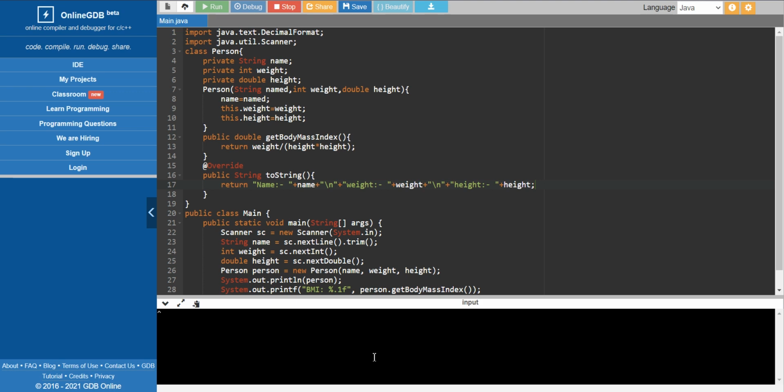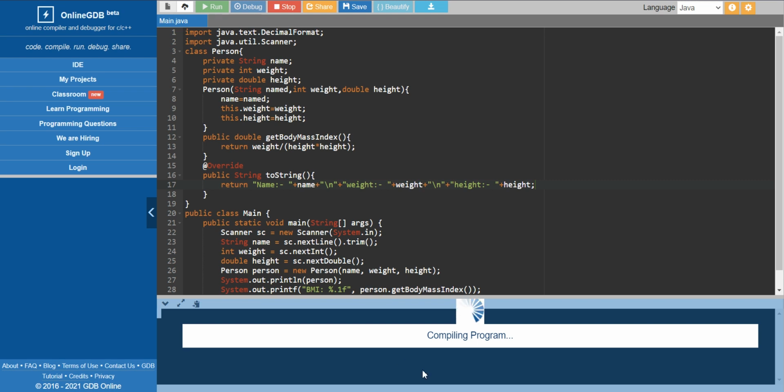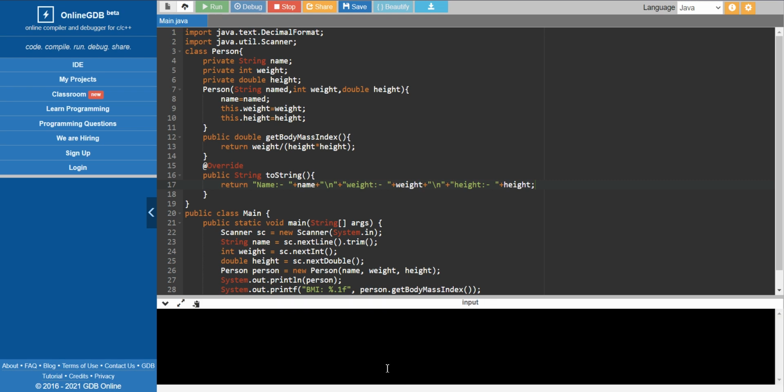Here, we get the name, weight and height. This height should be to 2 decimal places, right? At this time we are getting it because we are passing the height with 2 decimal places. But if we pass a height with n decimal places, we'll get the same, because we are not formatting here.